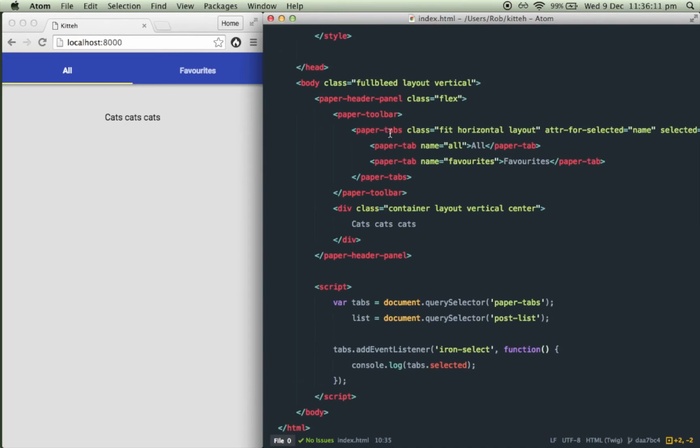So we've got our paper tabs here with our 2 tabs, all and favorites, and then we've got our main container which currently just has cats in it. So let's get cracking. Let's add a cat to our application. So when starting out, I think it's a good idea just to sort of play around